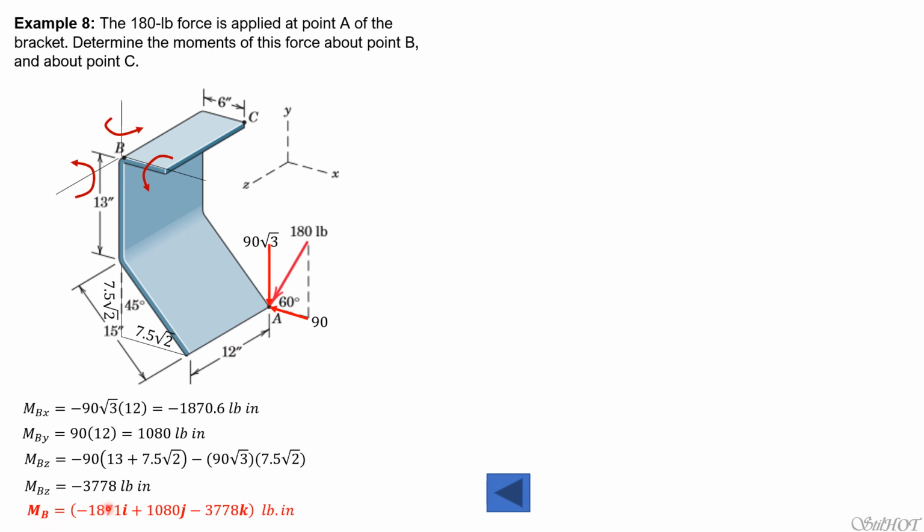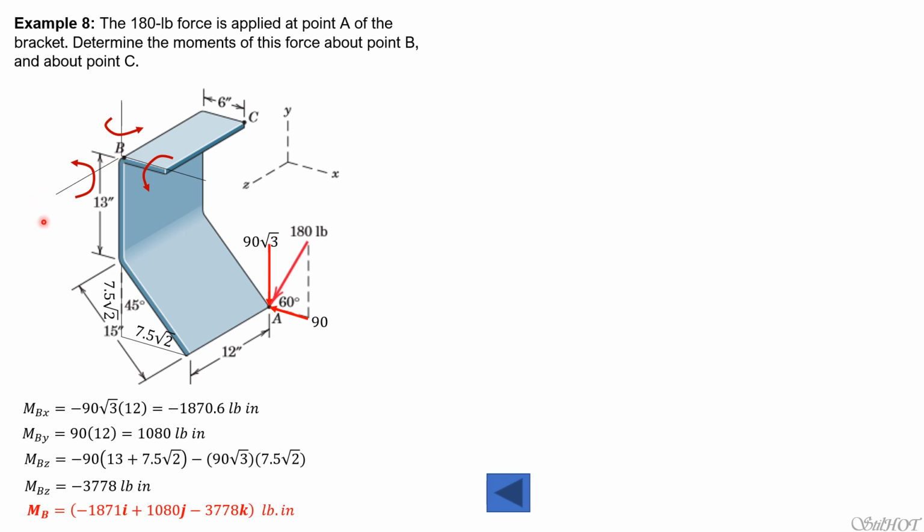So remember, this is the x component of moment about B, the y component of moment about B, and the z component of moment about C. Now let's proceed to point C. So if you rotate the figure, so you change orientation so that you position yourself about,